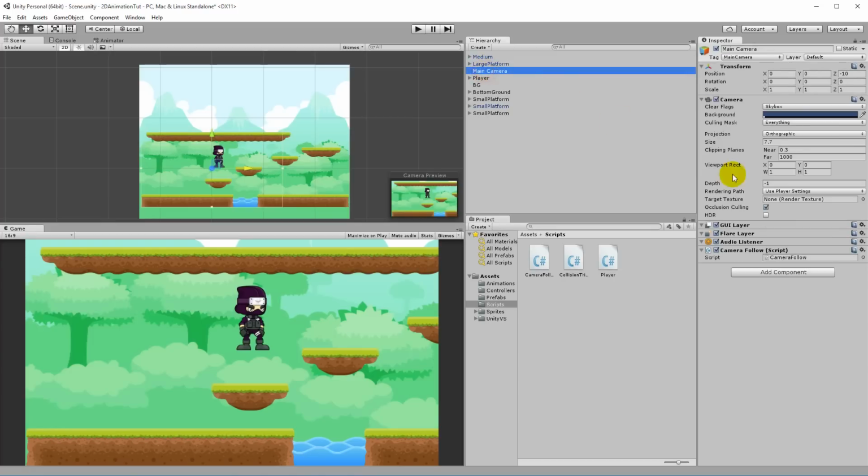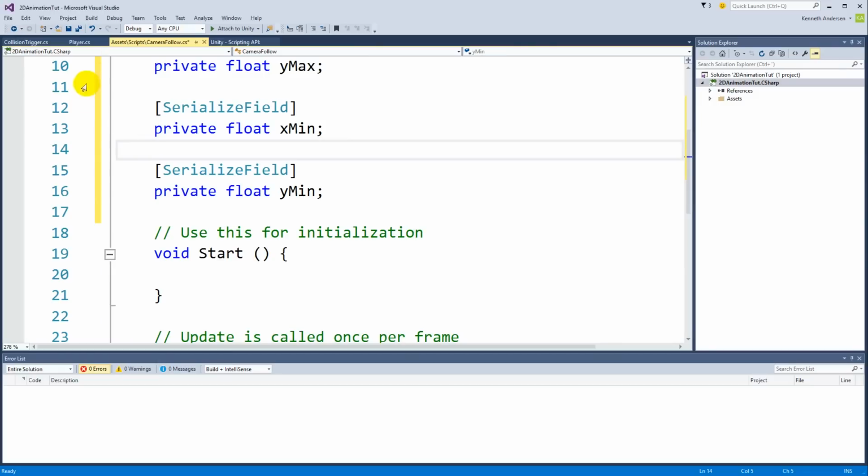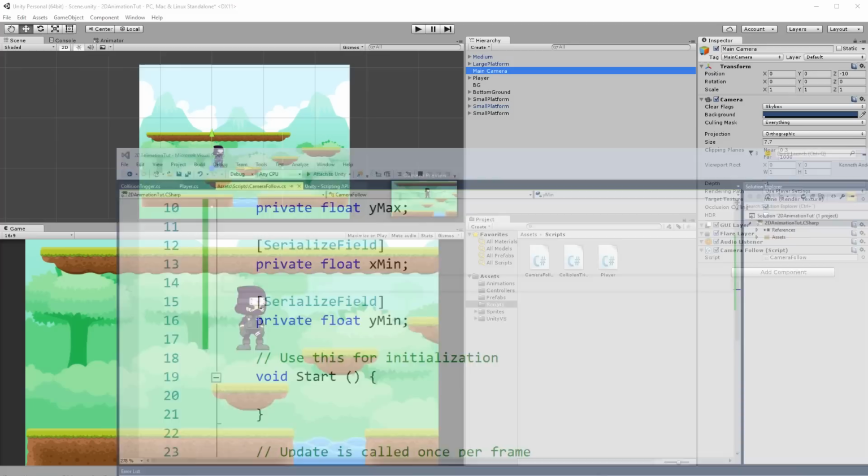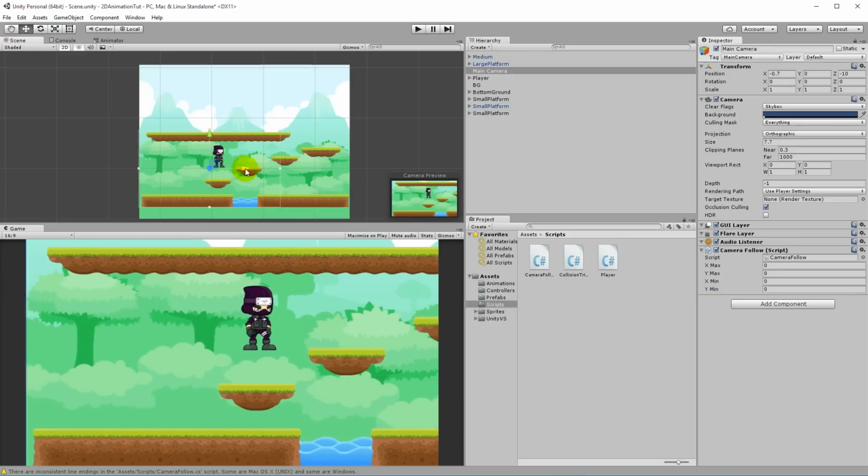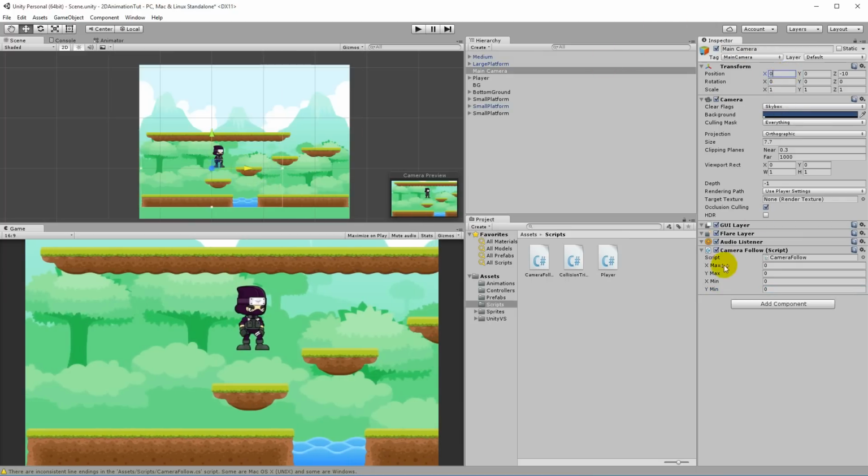So we can take the camera here, and I think I need to save the script first so that I can see stuff. There we go. So the minimum y value is 0. The minimum x value should be the value it has right here. That's also, let's just say 0. So the minimum x value is also 0.